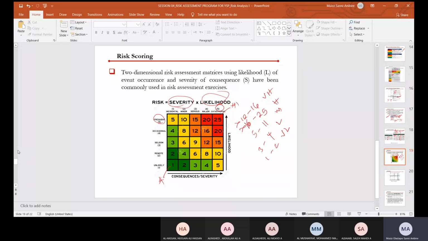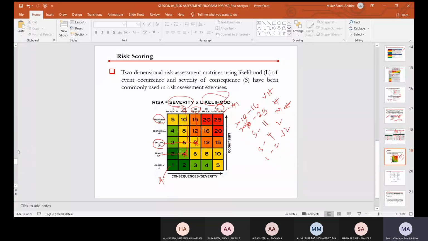Okay, based on this categorization of the system, I can see the partitioning. But if you have something that is very serious in terms of the severity, and you have the likelihood to be seldom, you can simply come to this matrix and then determine that it is what? It is 9. Or simply multiply 3 by 3 gives you 9. Okay, and then that falls in what region? Medium, in the medium category. Similarly, you have something that is minor, which is 2, and remote, this gives you 4, okay, which is low,